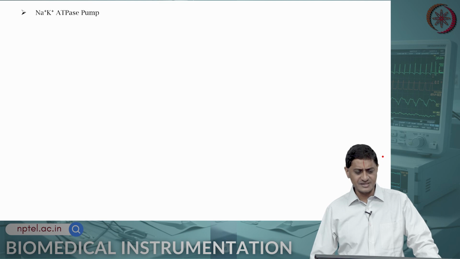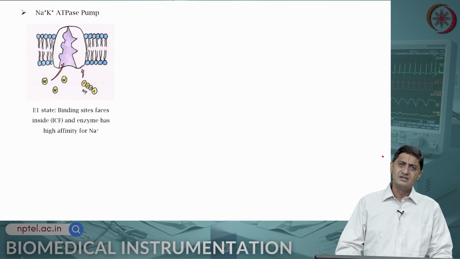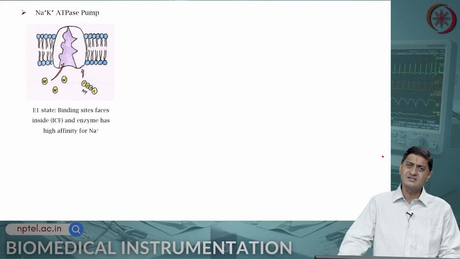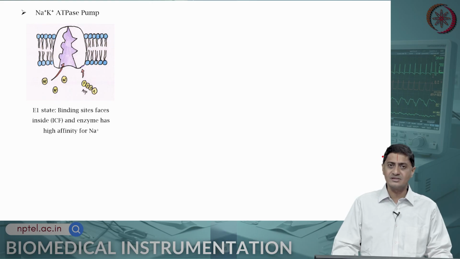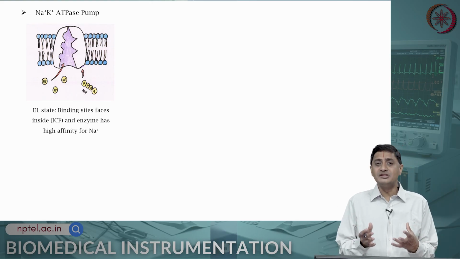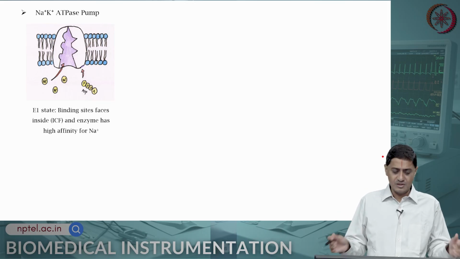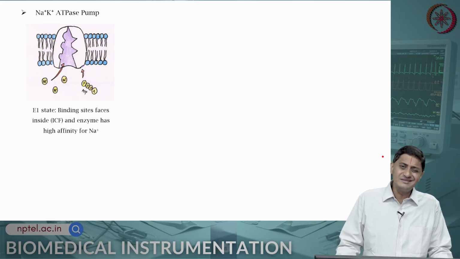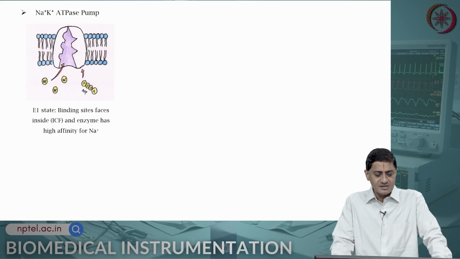So, this sodium potassium ATPase, also called the sodium potassium pump, essentially has two conformational states. This is essentially a protein that has two stable states. I will keep the discussion a little less technical so that everybody can understand. This is a biomedical instrumentation course focusing on engineering students, so I will keep the language a little less technical. There is an E1 state, which is the stable state